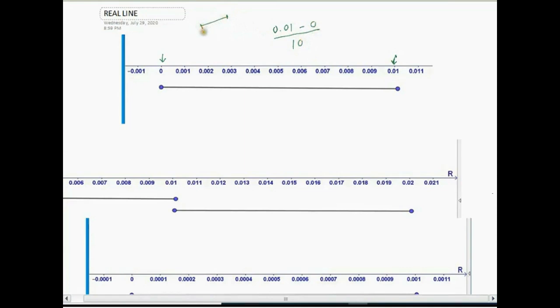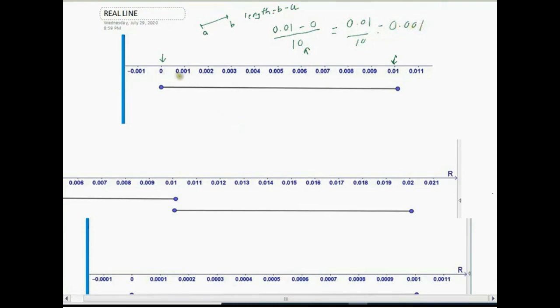This is A, this is B, the length is B minus A. So here the length is (0.01 minus 0) upon 10, since we are dividing it into 10 equal parts. So 0.01 divided by 10. So the length of every interval will be